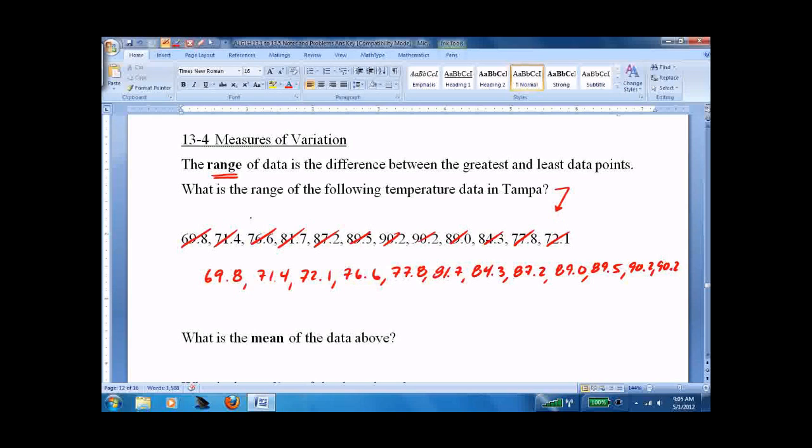Good. So the range of the data would be from 69.8